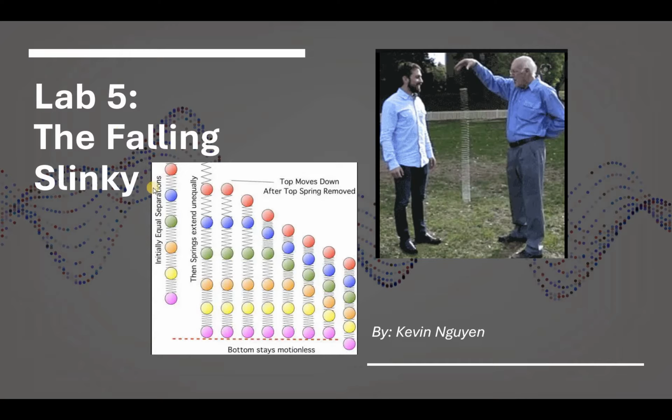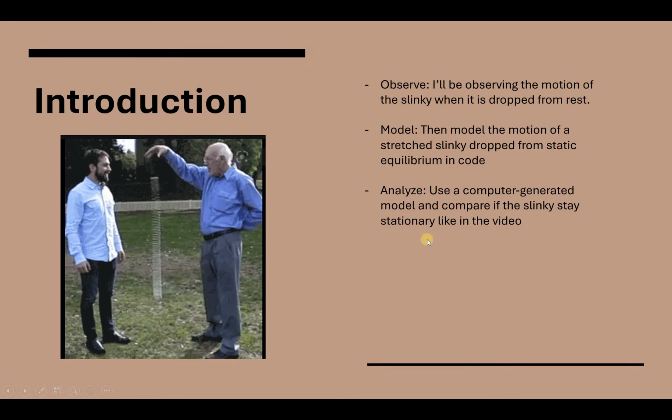So I chose the falling slinky. For the introduction, we're going to be observing the motion of a slinky when it's dropped from rest. Then I'm going to create a model of the motion from the stretched slinky dropped from static equilibrium. I'm going to do that in the code, and then we're going to analyze it using a computer generated model and compare if the slinky stays stationary like